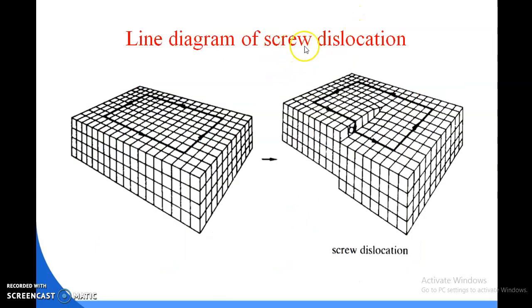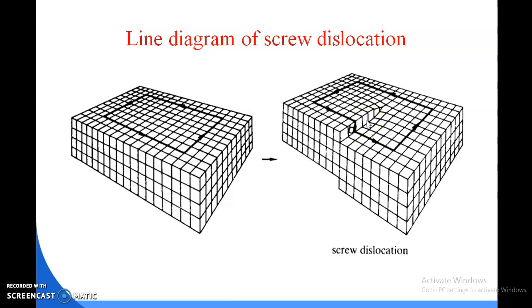Here is the line diagram of a screw dislocation. A screw dislocation is a defect of a crystal lattice. If one moves around the dislocation, the lattice plane shifts by one layer like a spiral staircase. And the Burgers vector of a screw dislocation is parallel to the dislocation line. We already knew that. If the screw dislocation is exposed on a facet, a step emerges at the end of the dislocation and stretches to an edge of the facet. The diagram shows it very clearly.